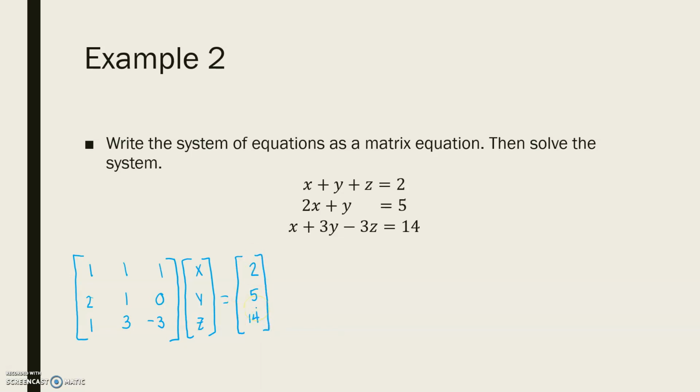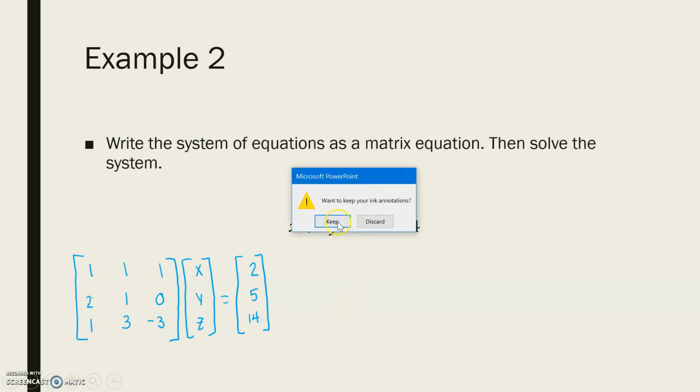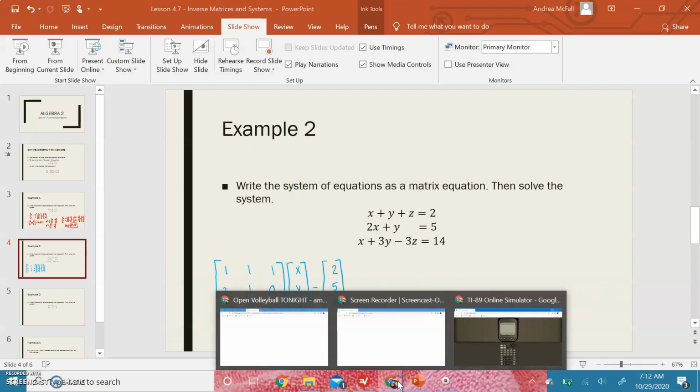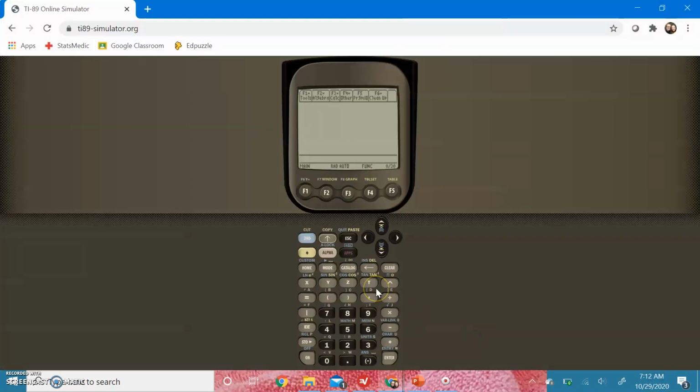Okay, now this is where we're going to use our calculators. I'm going to jump over here. I've got a TI-89. We're going to use our calculators. You should have already watched the video on how to do inverses and determinants on a matrix. But what we're going to do is go ahead and just find the inverse. So when we're solving, you can just use your calculator to find the inverse and not have to find the